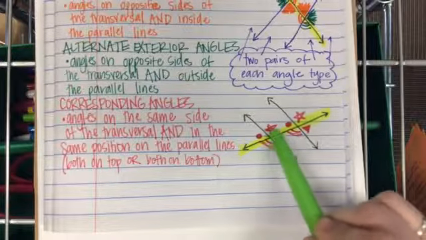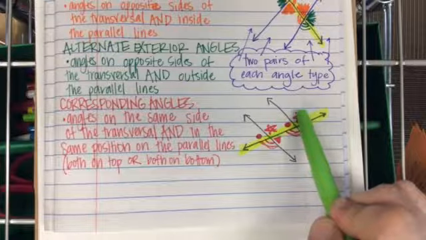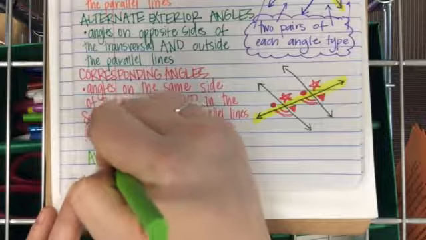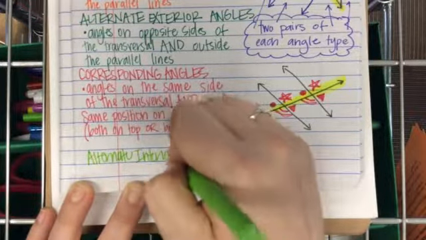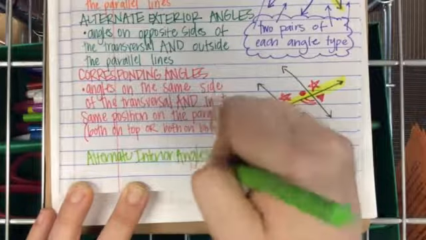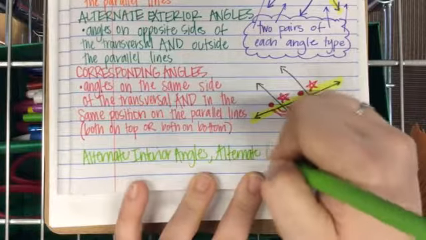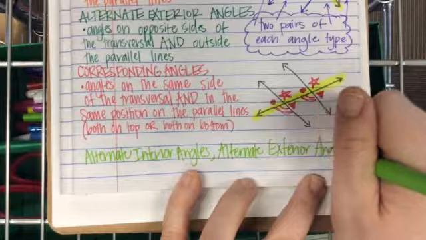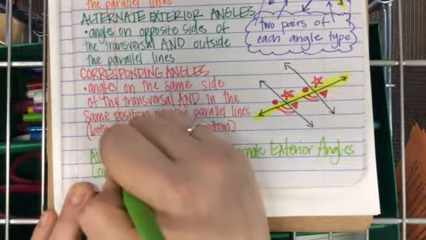If this red star was 115 degrees, what's this red star? 115 degrees. So, alternate interior angles, alternate exterior angles, and corresponding angles